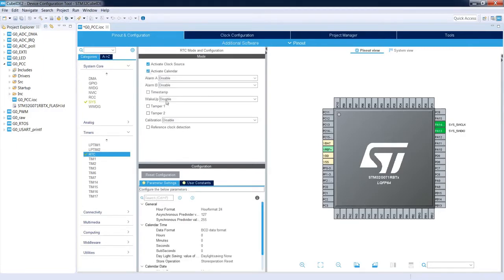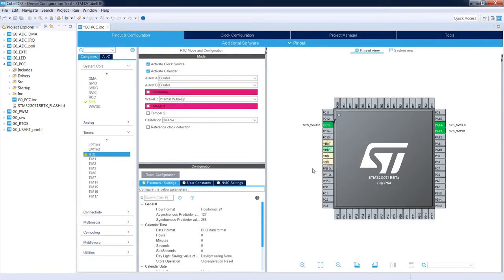Activate the calendar with a wake up capability, because I would like to demonstrate to you this power consumption calculator in connection with low power modes. So let's assume that we will use RTC with internal wake up. We will use PC13 as well in the configuration of system wake up 2.